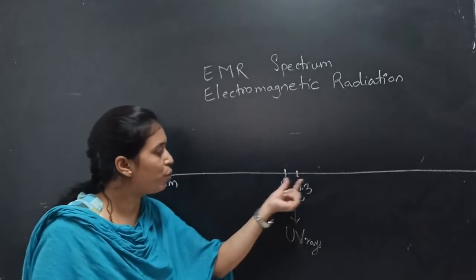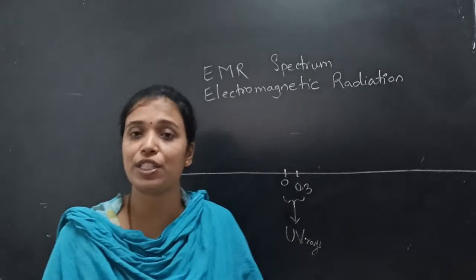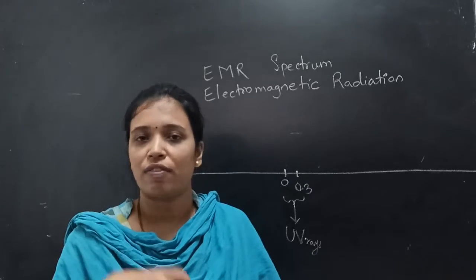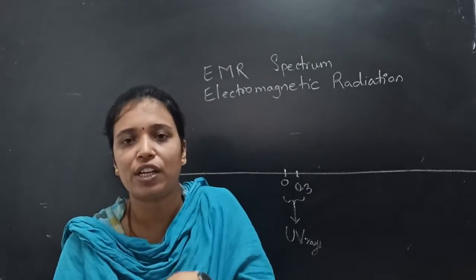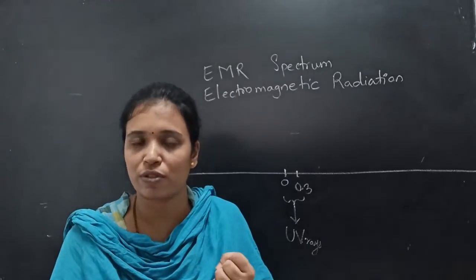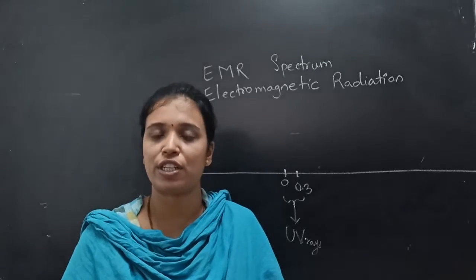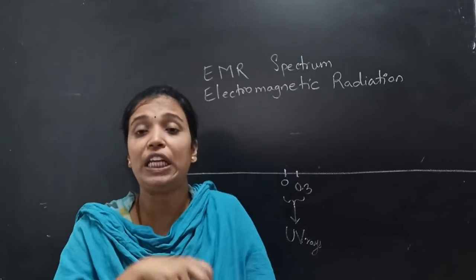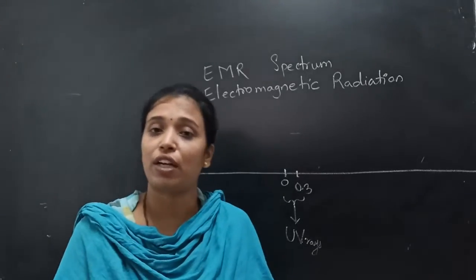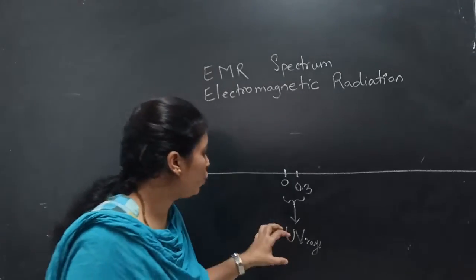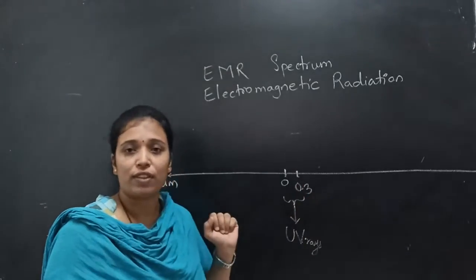UV rays from 0 to 0.3. Now everyone knows that when the UV rays directly reach the human being, they are very harmful. But some of the UV radiations are absorbed by the atmosphere, by the ozone layer in the stratosphere, and whatever is useful reaches us, and we need the UV radiations to make our bones stronger, to get vitamin D. So some of the UV radiations are harmful. So it lies from 0 to 0.3.